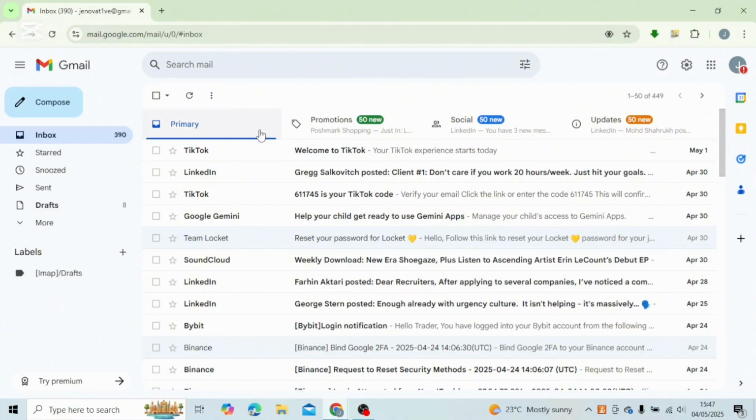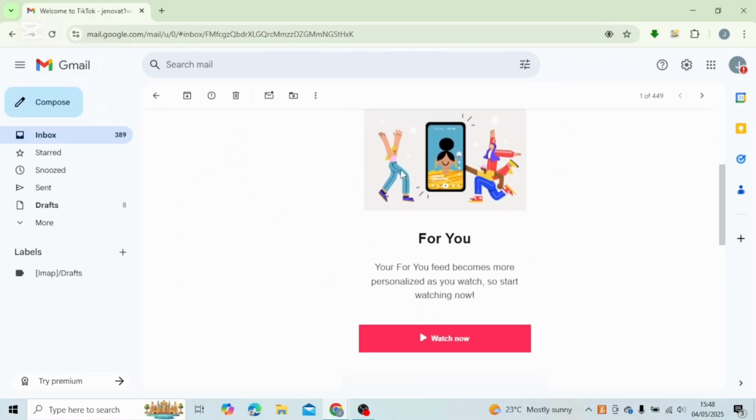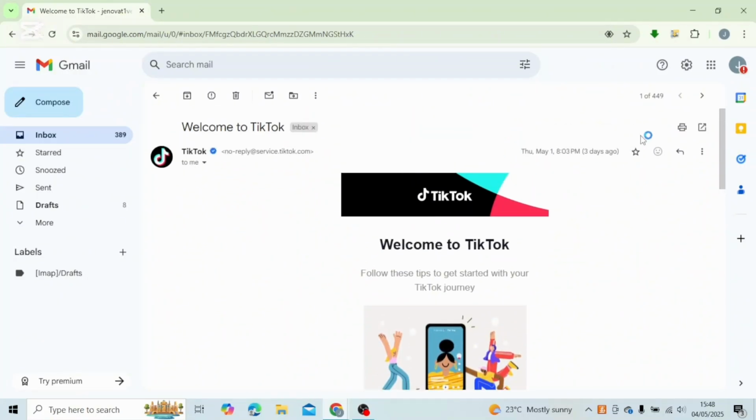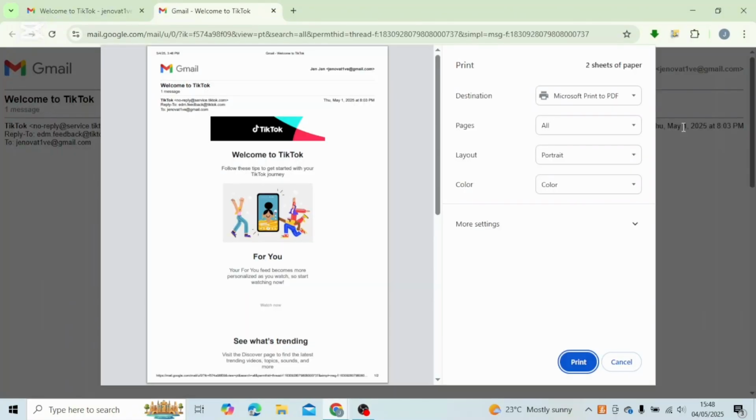Once you are here, you may just go ahead and locate the message that you would like to print. For example, this one right here. So just go ahead and open one of the messages. After that, once you open the email, you can look for the print icon at the top of the email very easily. You can find it, click on it, and once you click on it, it will give you the option